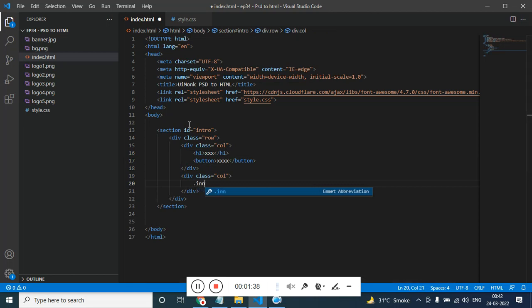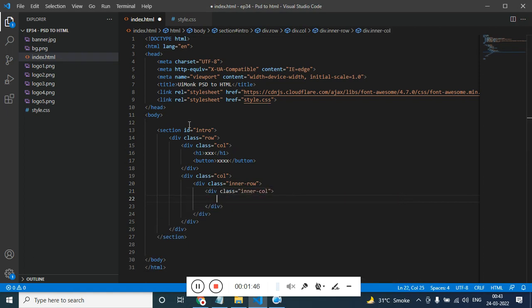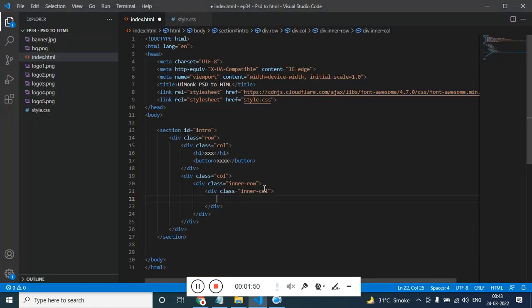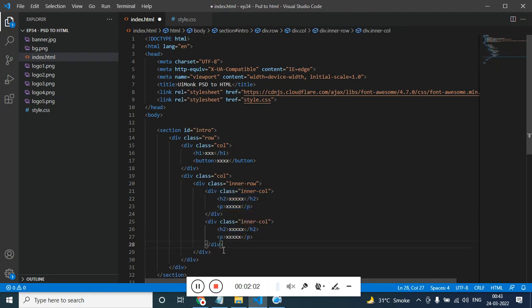we have an inner row, then we have an inner column. Inside the inner column we need a text. Let's have this h2 and some text. Then we have a paragraph, some text. We need to copy this inner column twice, and for the second row let's copy the whole row and paste